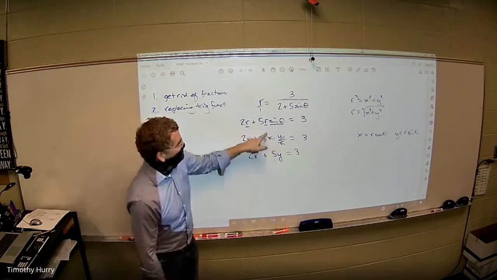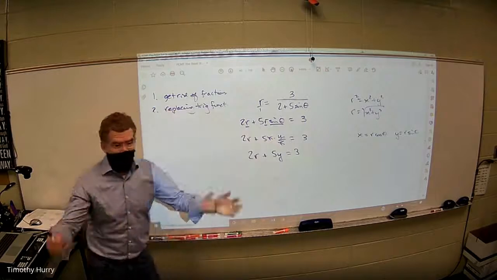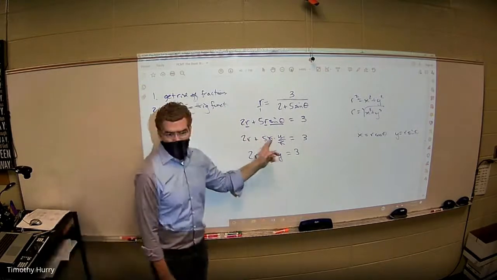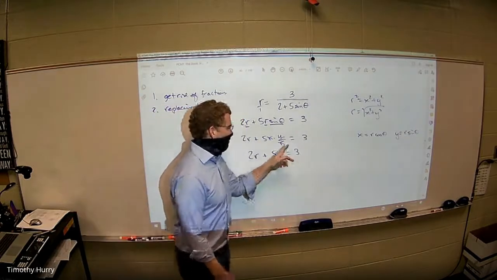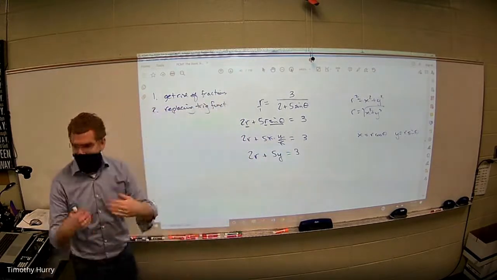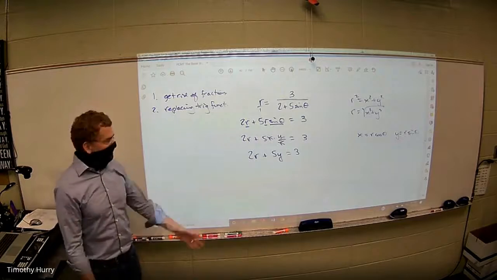Notice I got rid of fractions again with some process. If that r didn't cancel right there, then I would have multiplied through by that r to get rid of that r as well. I'm constantly trying to get rid of fractions. And then the last thing is